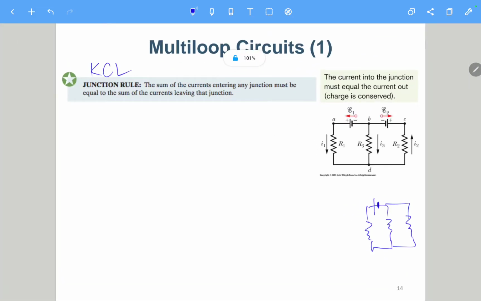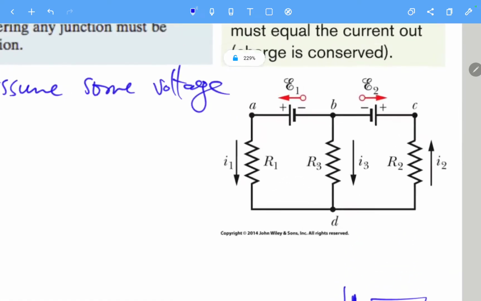So we will try to use something called node analysis. Node analysis. 节点分析. Okay, so we would try to use the current to solve the circuit. Try to use the current to solve the circuit. And in that case, because this is KCL, this is current, we use the current to solve the circuit. But in that case, we will try to assume some voltage. It is the other way around. Assume some voltage, which means that